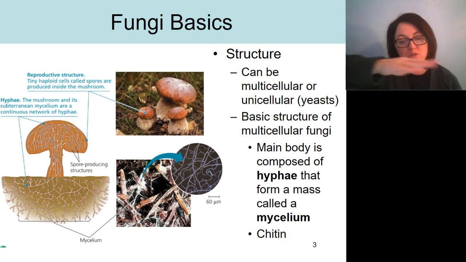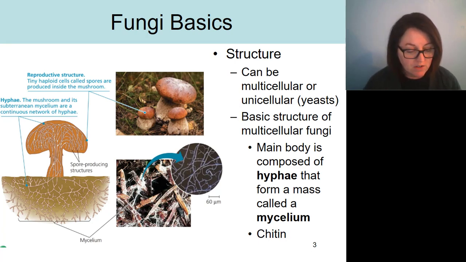has a structure outside of it for protection called a cell wall, and the cell wall is made of something called chitin. Chitin is important because it's very strong but flexible, and it's actually more of a sugar than any other type of substance, so it's what we call a polysaccharide. So it's a strong but flexible polysaccharide. It's also found in the exoskeleton of arthropods, which we'll talk about in another lecture.